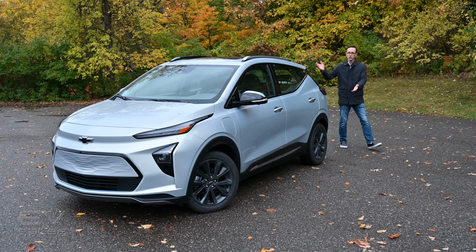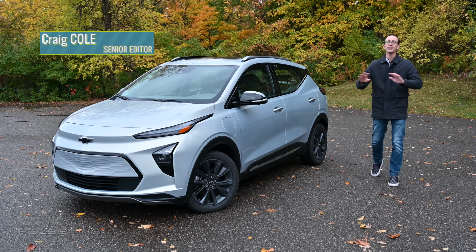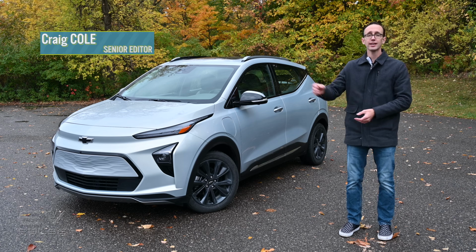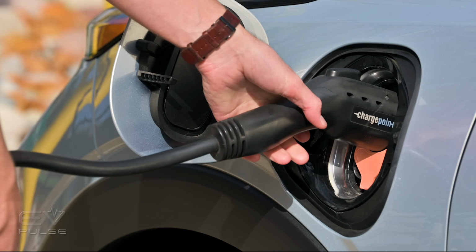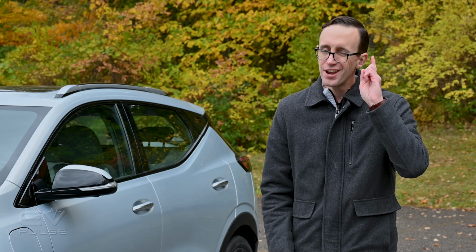It may not look like much, but the 2023 Chevrolet Bolt EUV is one of the greatest values on the road today. And here is why this Chevy is the electric vehicle to get if you are on a budget. There are plenty of things to like about this battery-powered crossover, but a new lower price is the #1 thing